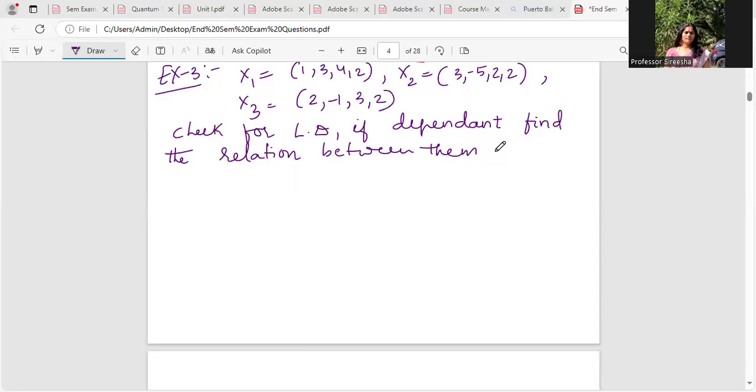Okay. So whenever there are vectors with more than three components, like how I have considered in this example three, students will feel difficult. They'll think that it is something different and they get scared looking at the problem. But it is similar, guys. When the vector has three components, something like x, y, and z, that means it is in three-dimensional space. I'll just write it's in R3, or in other words, this can be written as R cross R cross R.